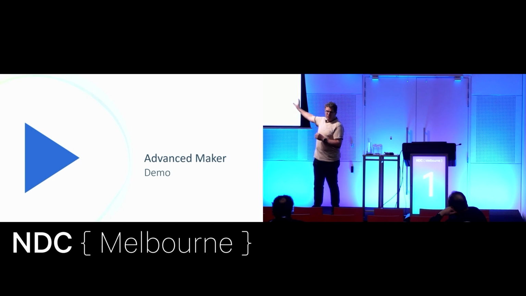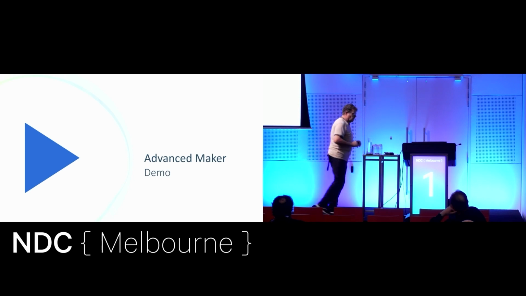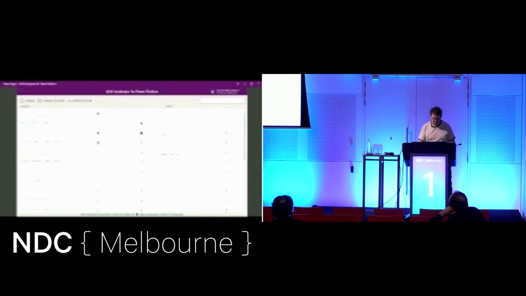So when you saw them take the solution profile at the start there, one of the things you saw was that they chose a solution profile, but they didn't get a chance to alter any of the things inside that. They were all grayed out. They didn't get a chance to alter which environment things were going to and so on. But as an advanced maker, you get a chance to do all that stuff. And so what we might do is show you what the same tool looks like from the point of view of the advanced maker.